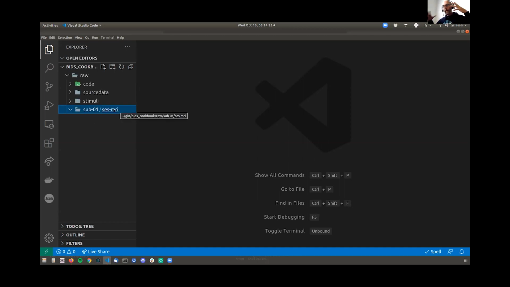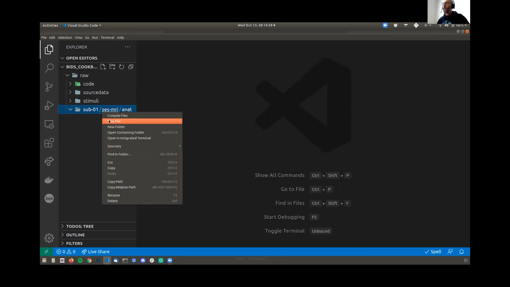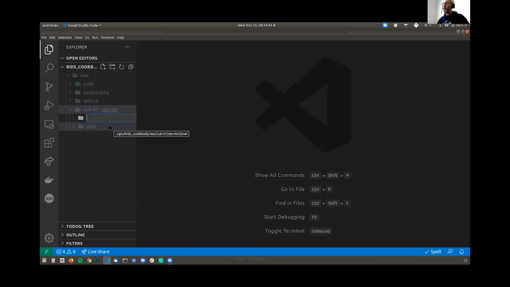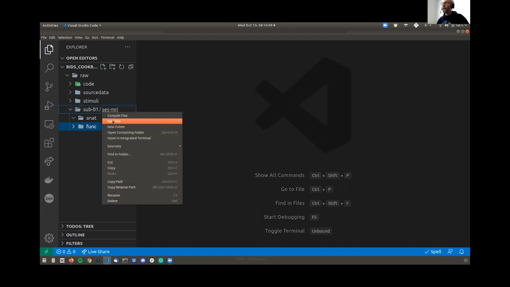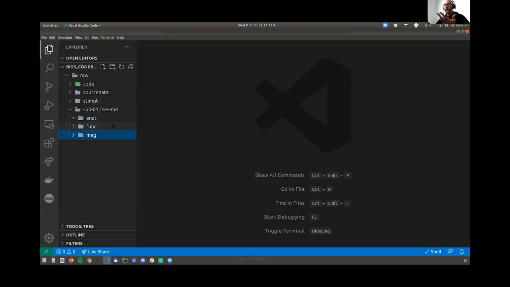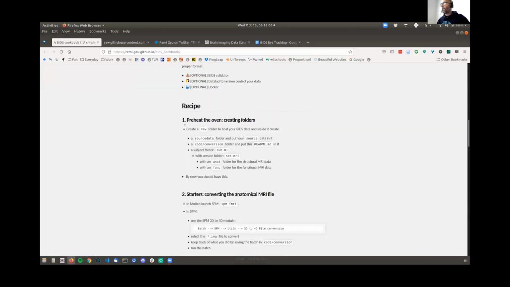Okay, and then in there, that's where you put the different folders that are going to host the data coming from different modalities, right? And so we have anatomical data in this case. So we're just going to call it anat, because that's the word we use in BIDS for anything that's structural data. Then we have another one for BOLD imaging, and that is going to go into a func, or functional data, folder. You could then have the one for MEG, and they're pretty self-explanatory, but each type of data is going to go into one of those folders. Okay, so we have our folders.